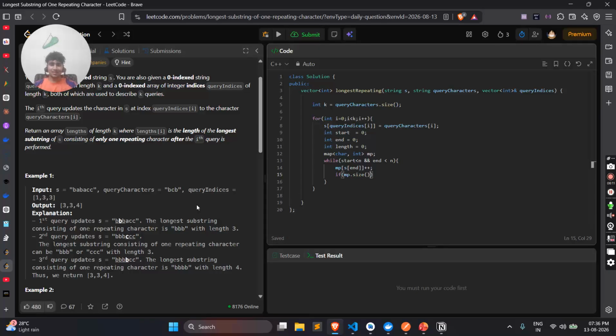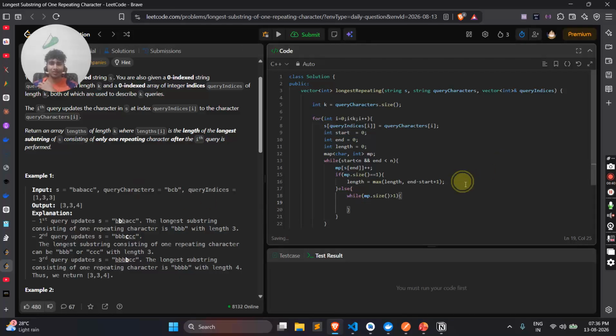If map dot size equals 1, then length is equal to the maximum of the previous length or end minus start plus 1, right? Else, while map dot size is greater than 1,